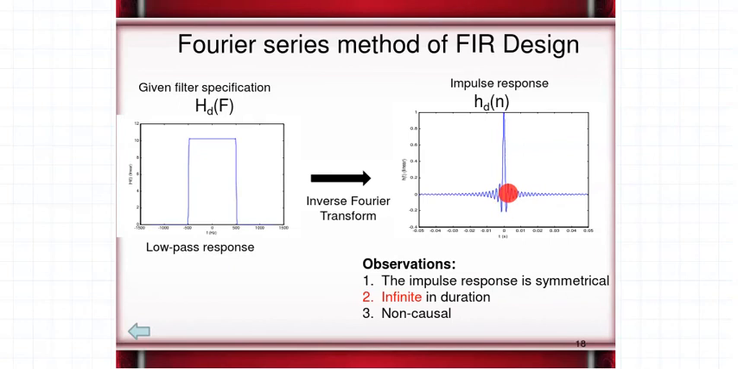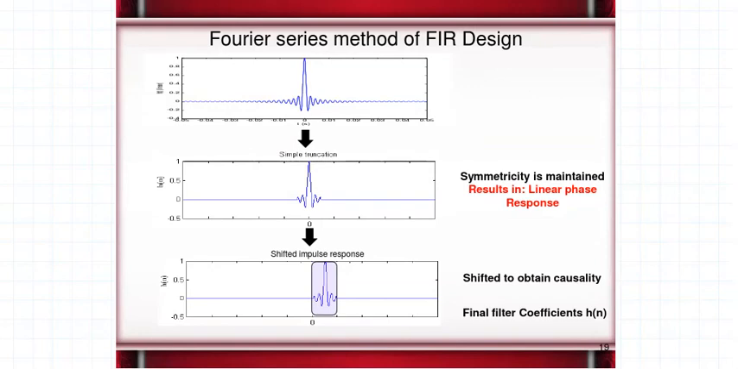The second observation is that if we closely observe, the impulse response is symmetrical, very symmetrical about 0. And the third observation is that it is non-causal. We'll go into more detail on this. The very first thing that I need to resolve is that I cannot call this my final filter coefficients because this is of infinite duration. So I need to do something additional to it before I call it my final filter coefficients, right? So let us look at how we are going to modify the impulse response that we have obtained